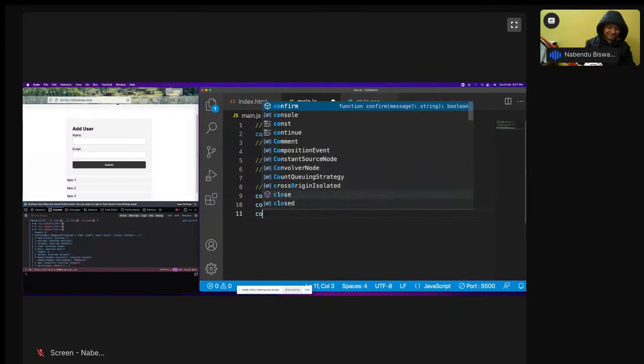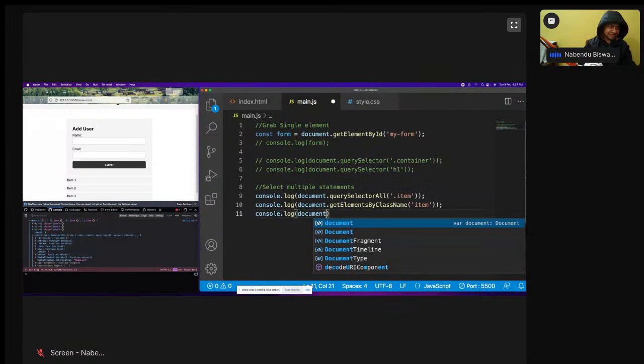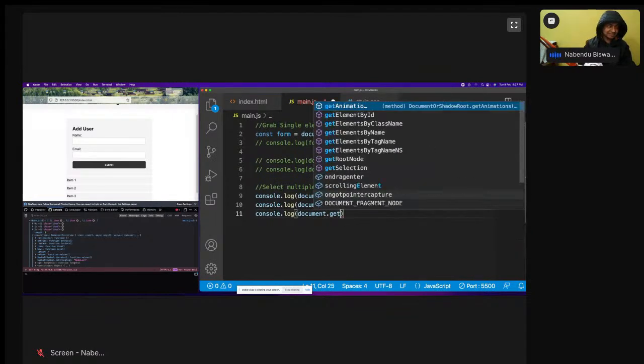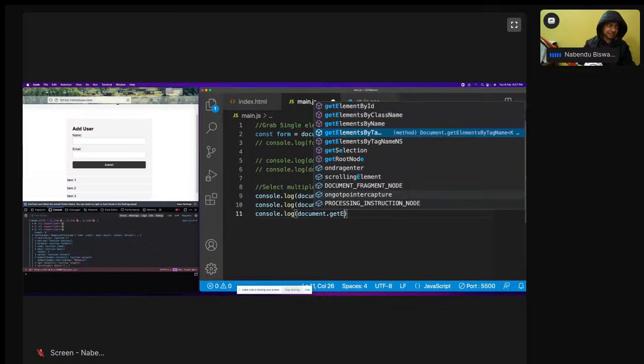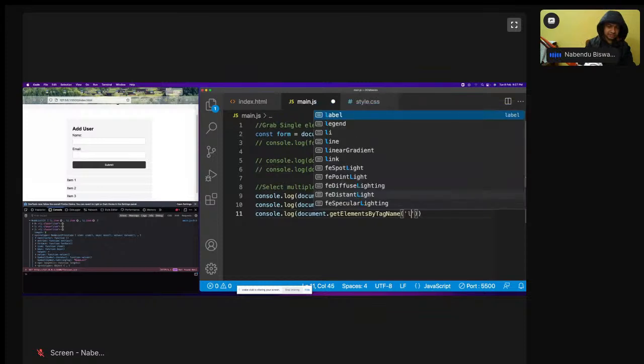And then console.log(document.getElementsByTagName), and it is like